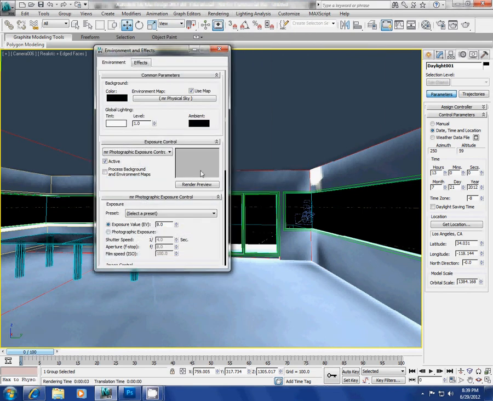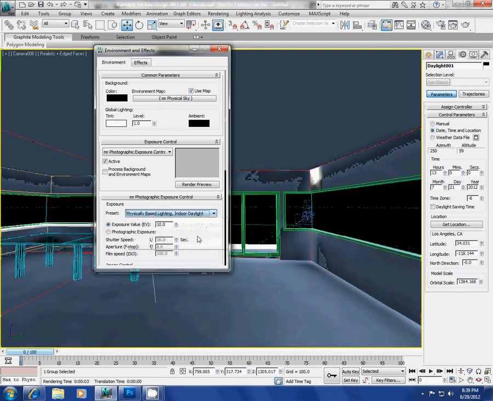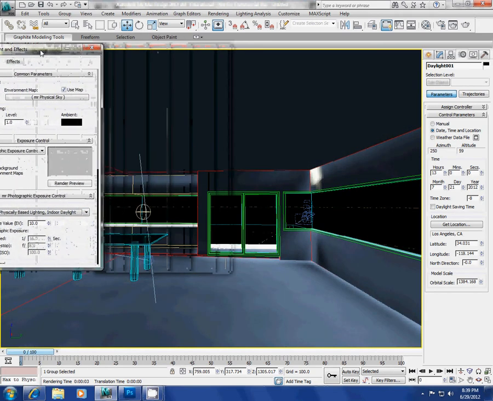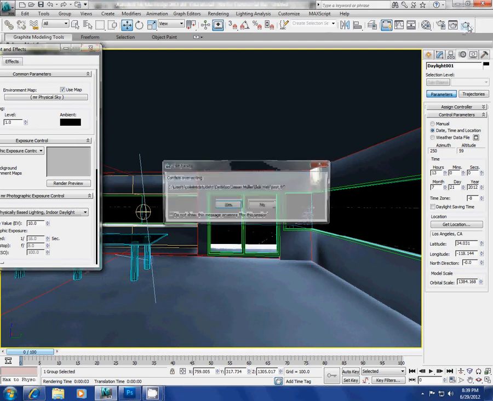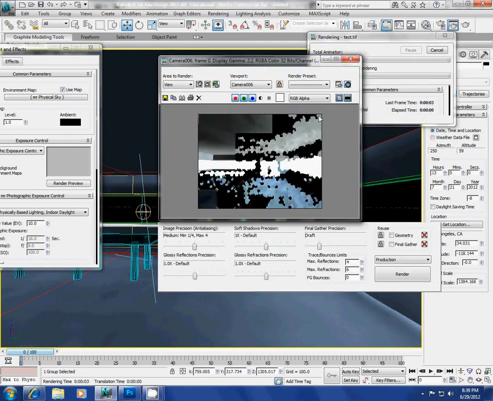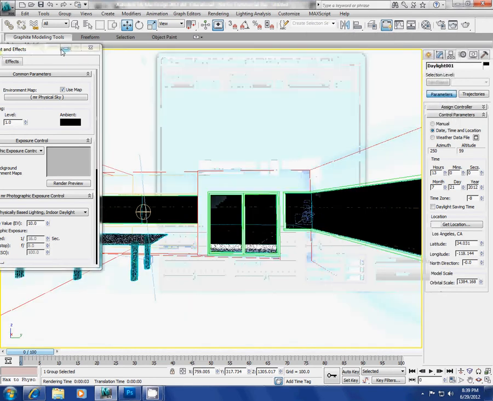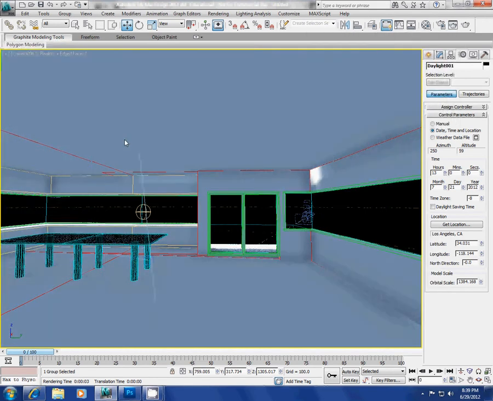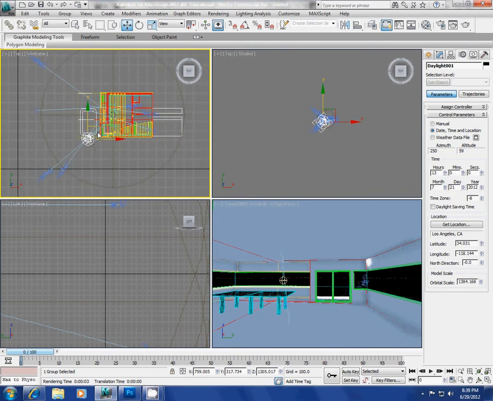Right? And if you're doing renderings inside, make sure you go to physically based lighting, indoor lighting here. Right? And you can mess around with where the sun's at. So essentially, if you want to